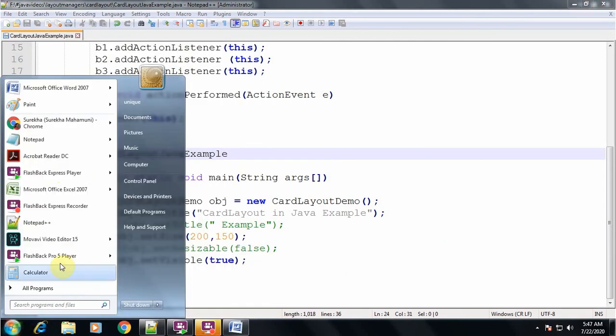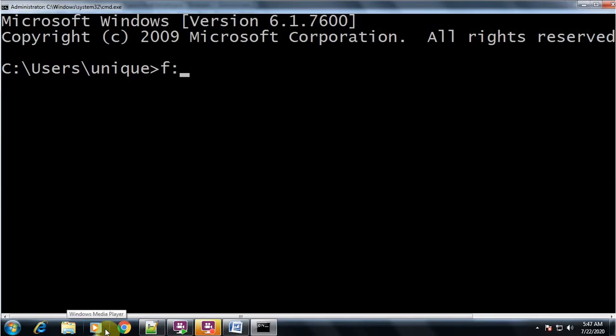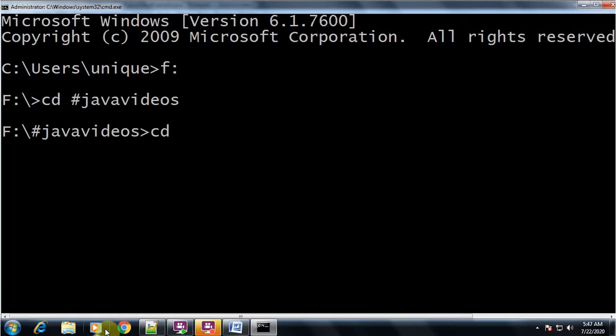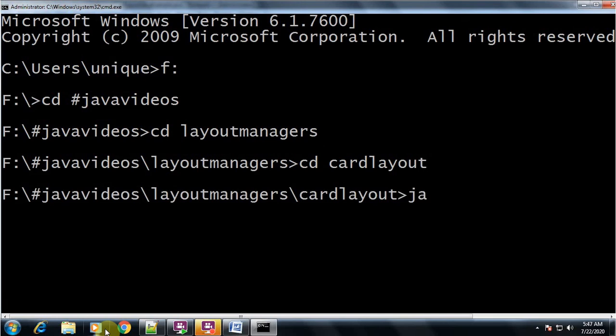Then again I'll open the cmd, the DOS prompt, then cd to Java videos, layout managers, card layout.